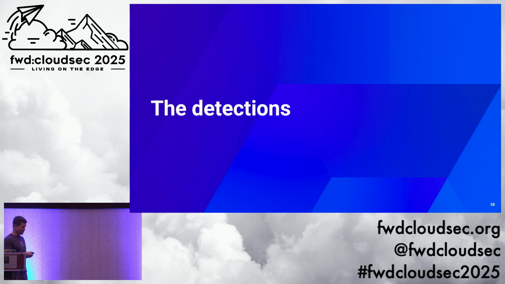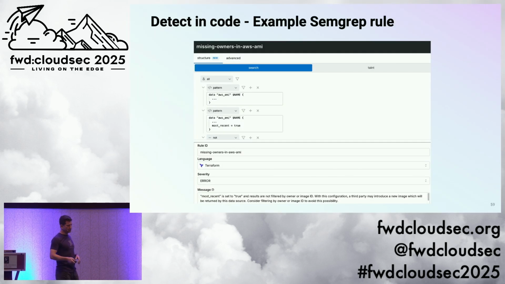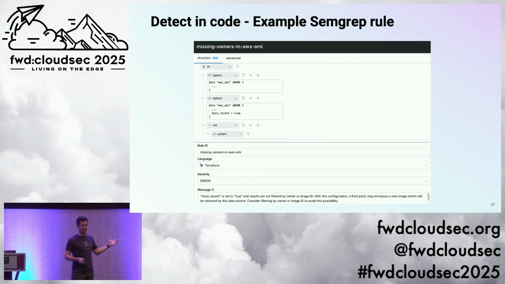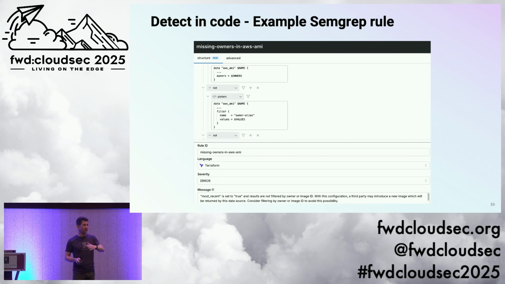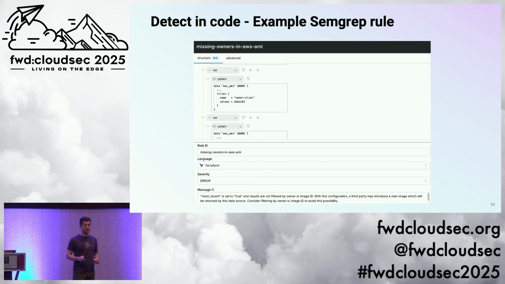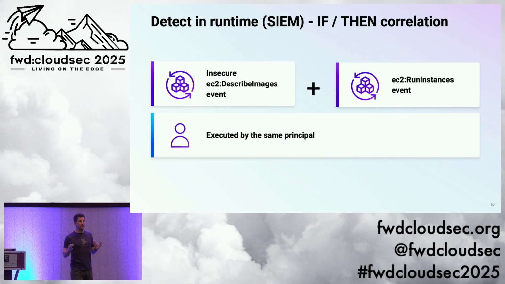So the two ways that I think are the best ways to detect this are, number one, in code. So just like I was doing those GitHub searches, right? Here's an example semgrep rule, how to detect vulnerable Terraform files. And you can apply this to any programming language. But as all of you know, especially those in security, there's always going to be people doing things outside of the repositories that you have access to, right? Maybe they haven't checked their code into GitHub yet.